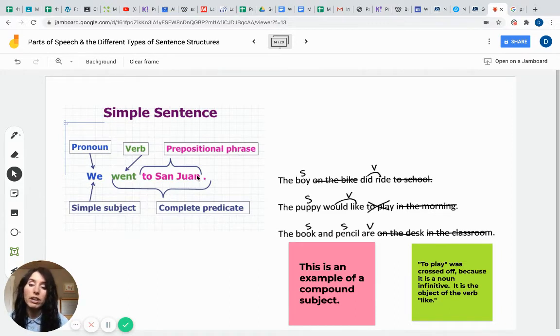So it's good to be aware as we take our writing skills to the next level, not only are we going to write sentences, but it's good to go back and analyze your sentences and find the subject, find the verb, find the prepositional phrases, find out if it's a simple subject or a compound subject. Is this a compound verb or a simple predicate or what they call a complete predicate? That's when it has both the verb and some kind of phrase following it. Then this is what you could do to your own work and maybe take one of the sentences that you've written today and let's see if you can analyze it looking for only the subject and the verb and removing everything else that follows. So this here,